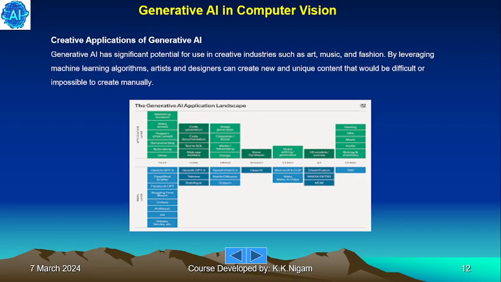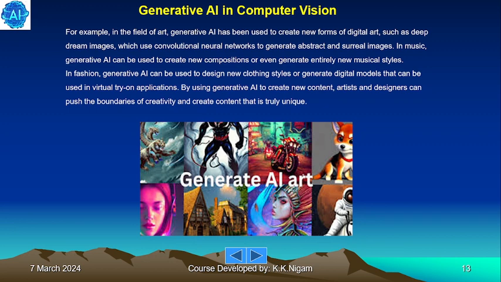Creative applications of generative AI. Generative AI has significant potential for use in creative industries such as art, music, and fashion. By leveraging machine learning algorithms, artists and designers can create new and unique content that would be difficult or impossible to create manually. For example, in the field of art, generative AI has been used to create new forms of